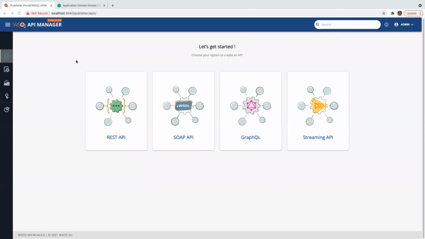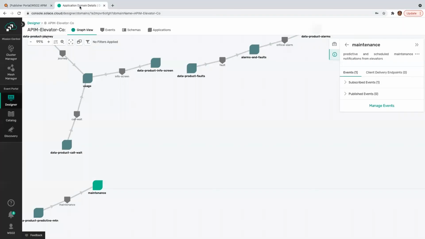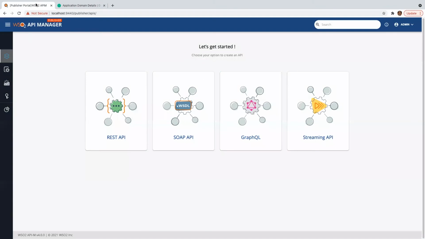So let's start. What you're looking at now is WSO2 API Manager's publisher portal. From the Solace event portal, you can design your eventing applications and then export them as an AsyncAPI definition. Once you do that, you can import that into the WSO2 API Manager.